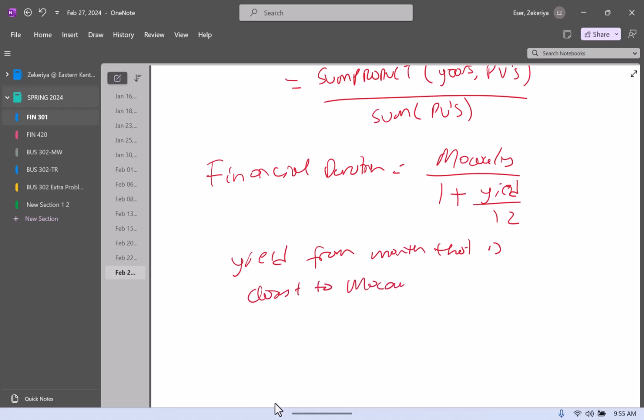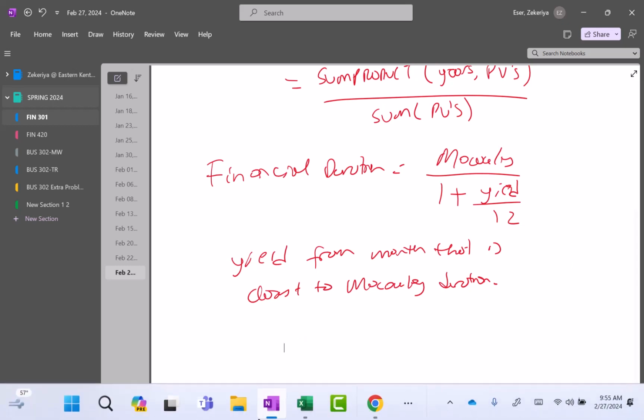So if Macaulay duration of your cash flows is 145 months, 145.20, what is the closest 145? You're going to go get that one. You could either do that manually, which is not too much of an issue, or you could actually be a little bit smart about it. You can do VLOOKUP. For example,